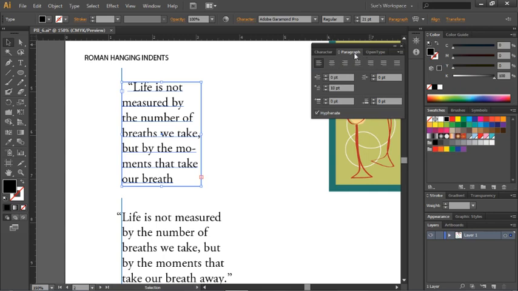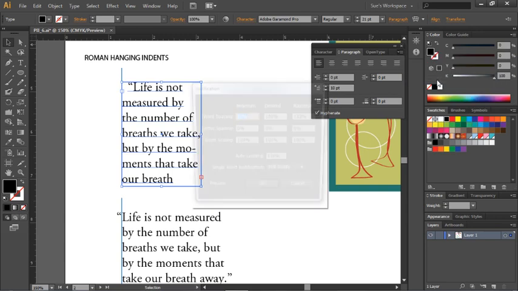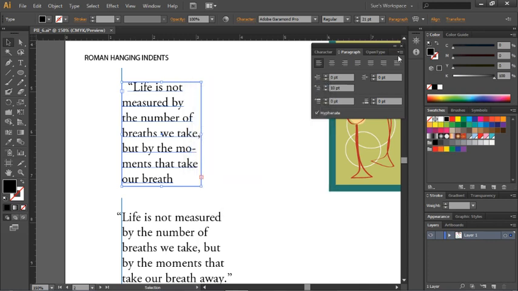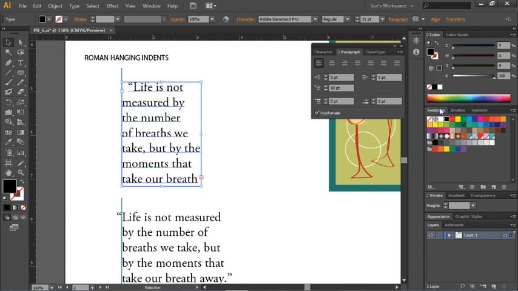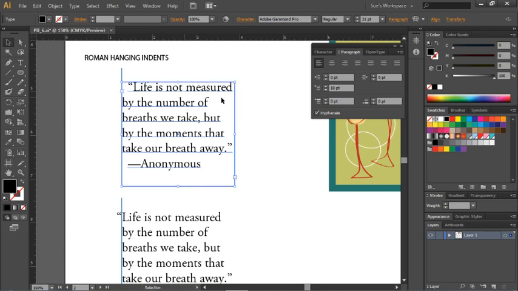Other options in the paragraph panel's options menu are justification rules. So you can modify these. I probably wouldn't change those, but if you wanted to, you could. There's also single line and every line composer. And depending on how much type you have and where you need to fill your space, you might want to toggle between those because how it fills the space may vary. So I usually toggle those on and off. I'm just going to undo those changes there so I can get my paragraph back to the way it was,